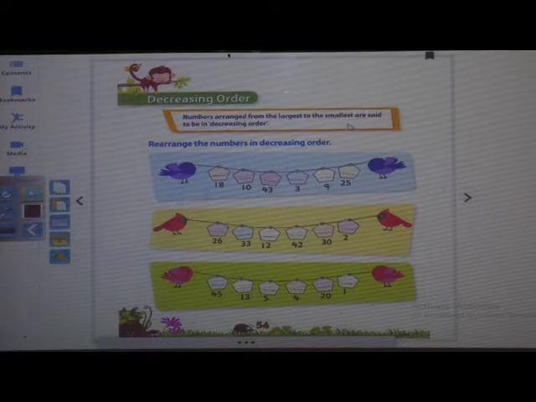Okay. What we have to do here? Before, in increasing order, what have we done? The smaller number first we wrote, and then later on like that only we came to the bigger number. But here in decreasing order, we have to write first the biggest number, means largest number, and then come to the smallest number. For example, now see here the numbers they have given us, that first we will read and then we will write.